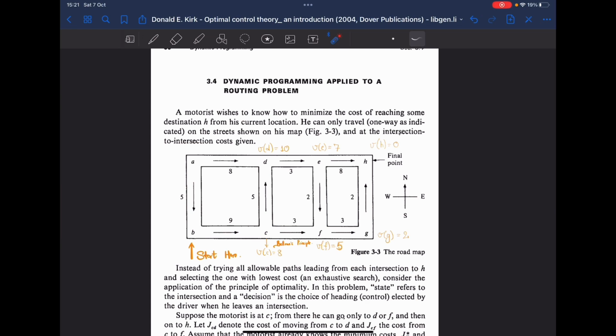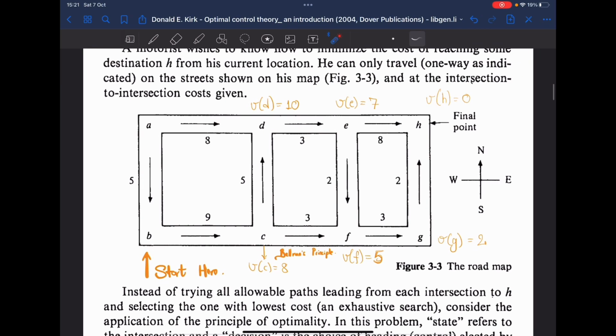Now, the way we do it in this graph is that we have these weights. So I can set the value of G as 2 because there's only one way I can reach G, and that is from the final state in this direction. Now, of course, the value of the final state is 0. Now, given G and E, the value of E is also